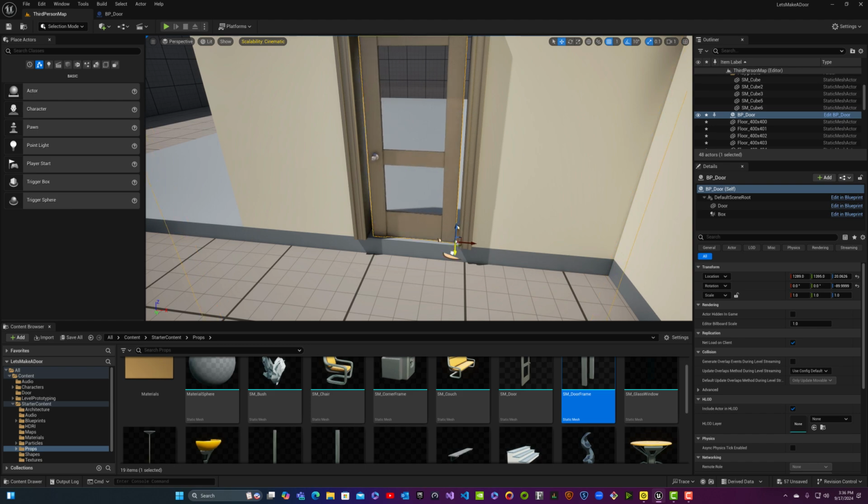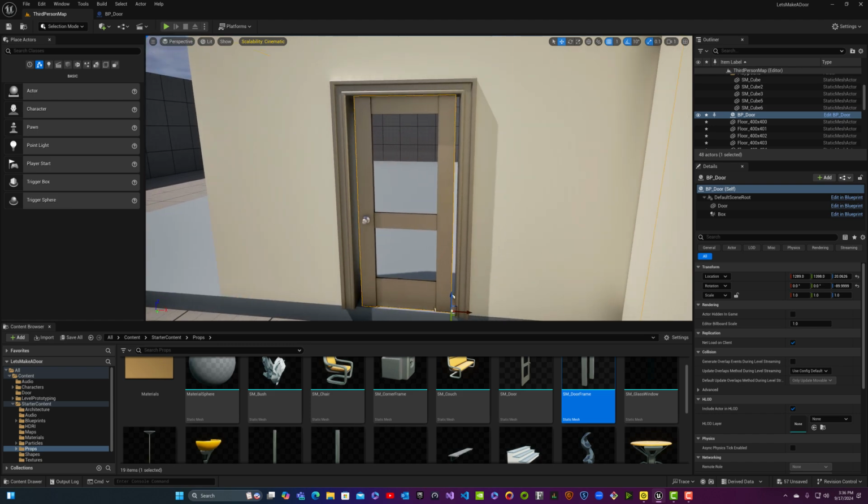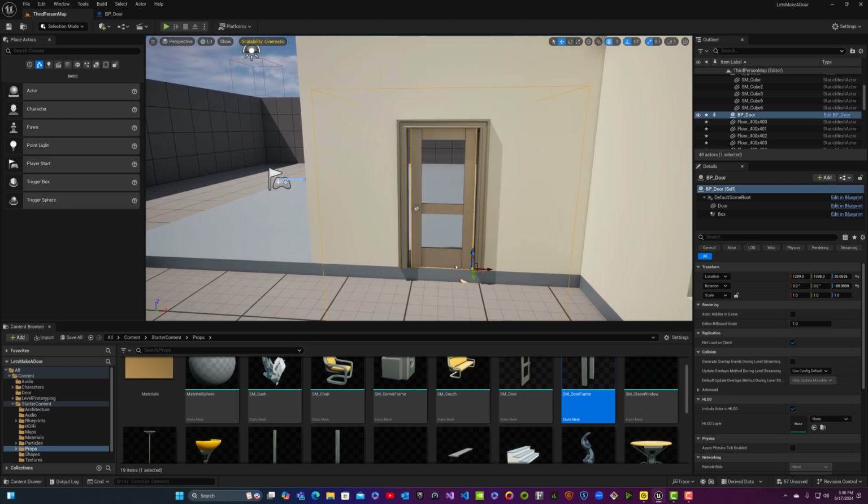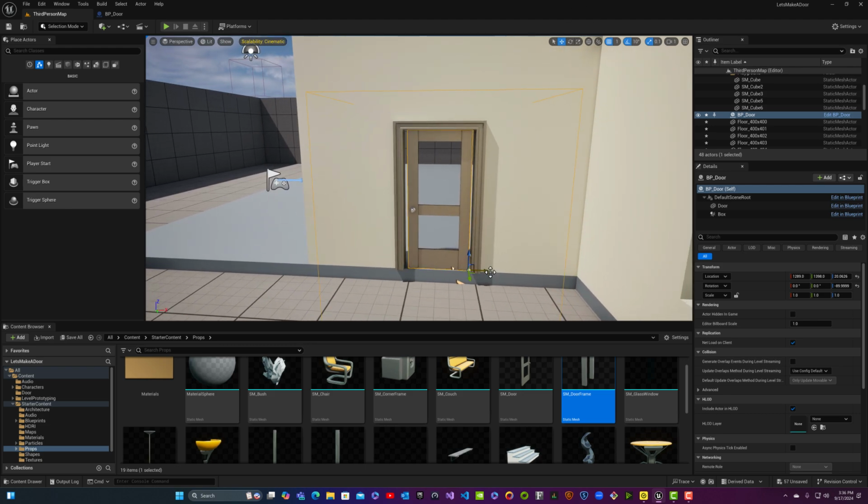So let's bring this farther forward, and I can now see that my door is too narrow, right? And we're going to move it this way just a touch, I think. It might have been too much. And scale it so that it is wider, because it only scales in that direction, because if the pivot were in the middle, it would scale in both directions, but since the pivot is on the side, then we're just going to have to make our best estimate here. So I'll scale it maybe one more